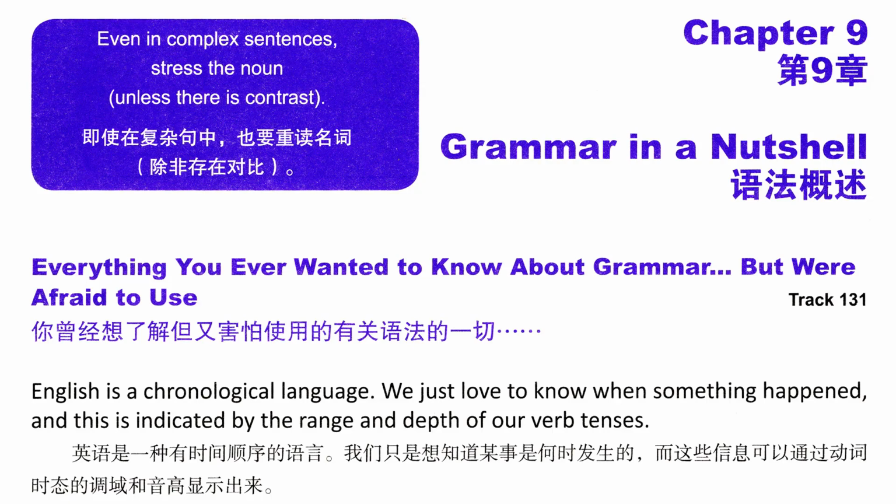Chapter 9, Grammar in a Nutshell. Everything you ever wanted to know about grammar, but were afraid to use. English is a chronological language. We just love to know when something happened, and this is indicated by the range and depth of our verb